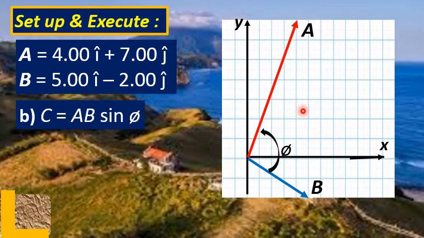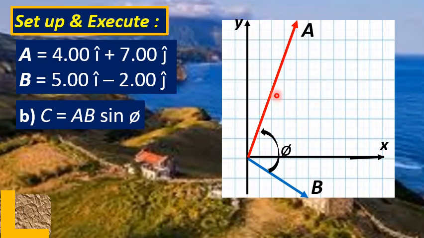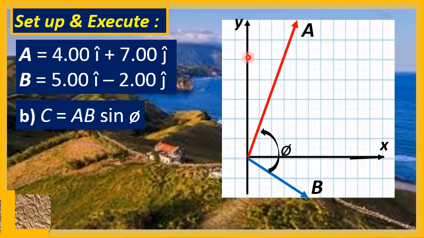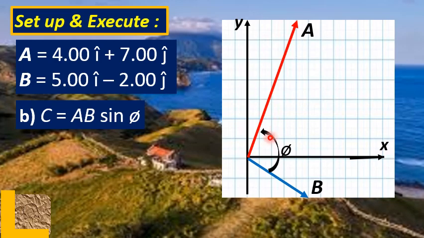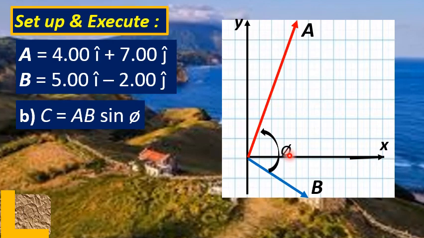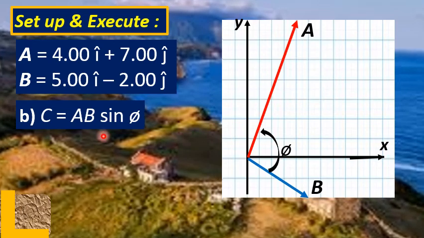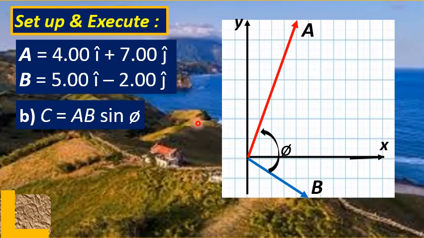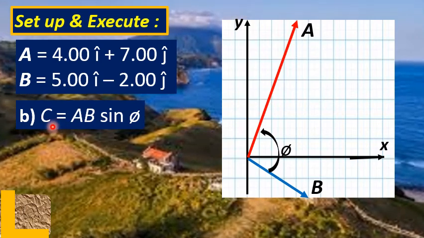As shown in this figure, the two vectors, vector A and vector B, have already been drawn in the xy coordinates, and their tails are already connected, right, with the angle phi also indicated. So we can now determine first the magnitude of the vector product of A cross B, which is labeled here as vector C, and that